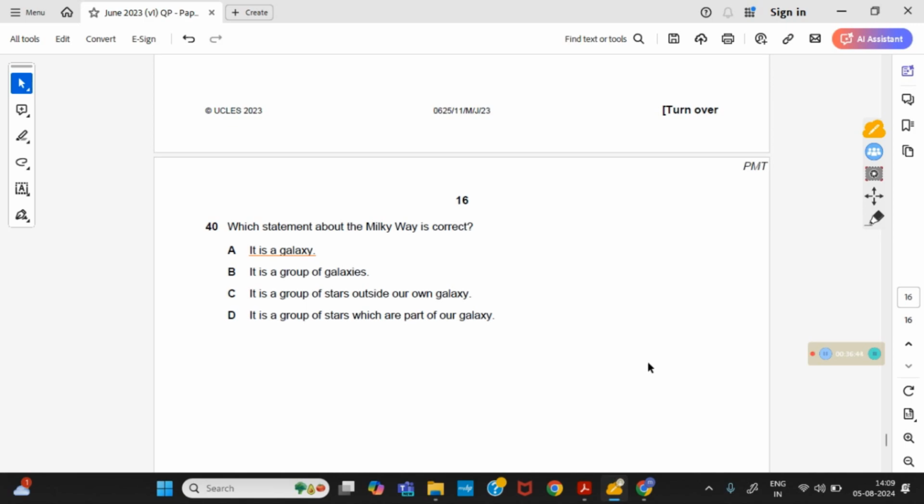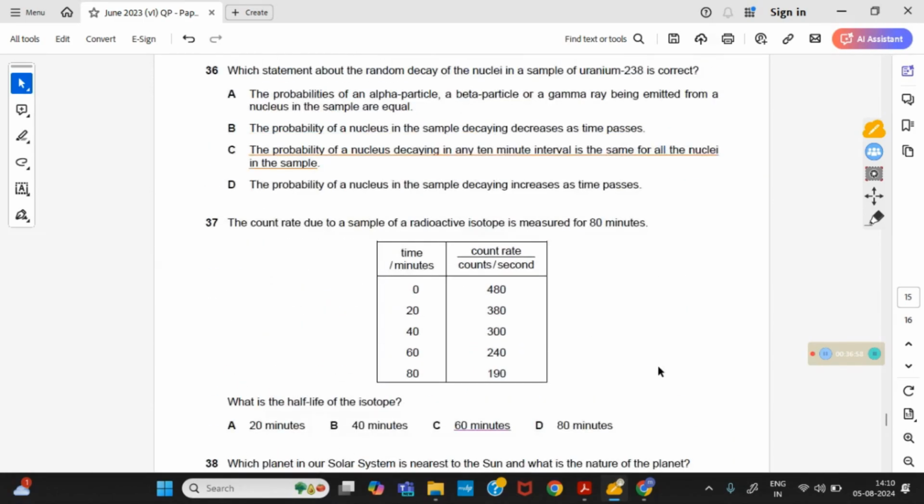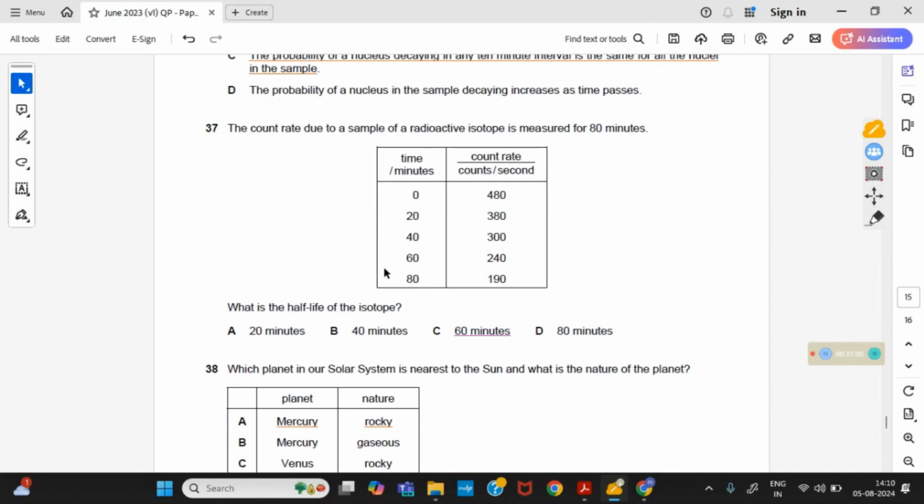I hope you understood the paper, and theoretical understanding, I will repeat, is very important. So revise all the topics before solving any paper, and some mathematics is also important. I know students mostly face problems solving half-life questions. So the formula is important to understand, and then learn how to solve exponents.